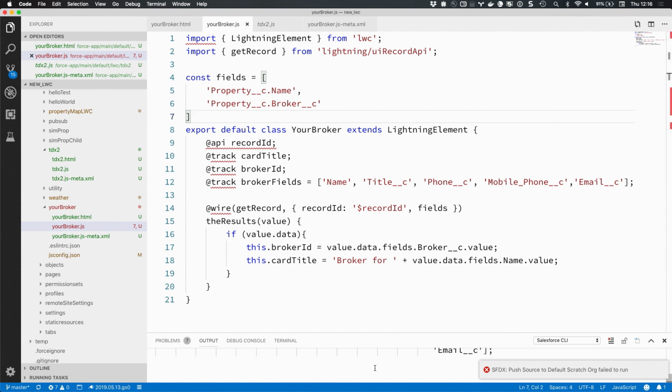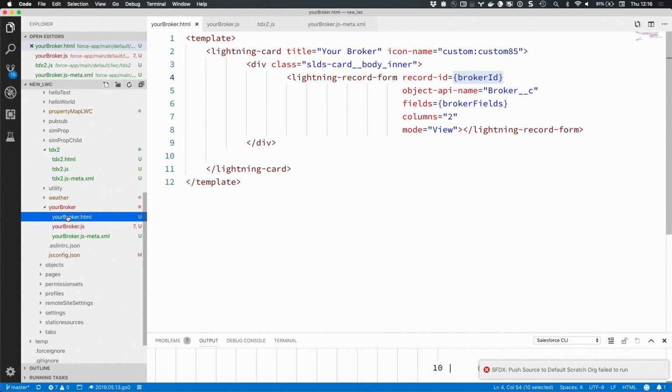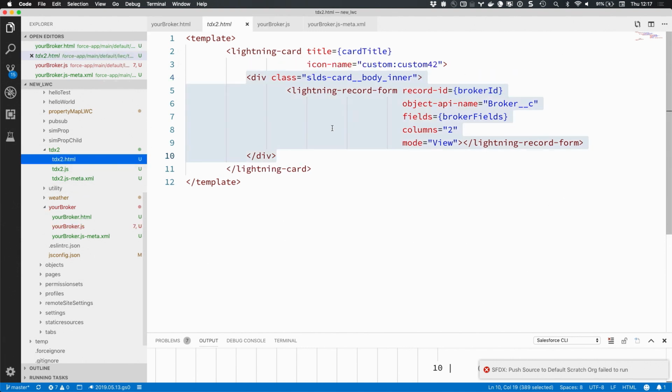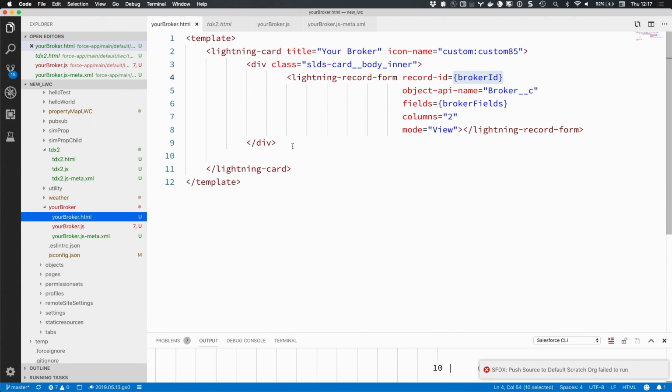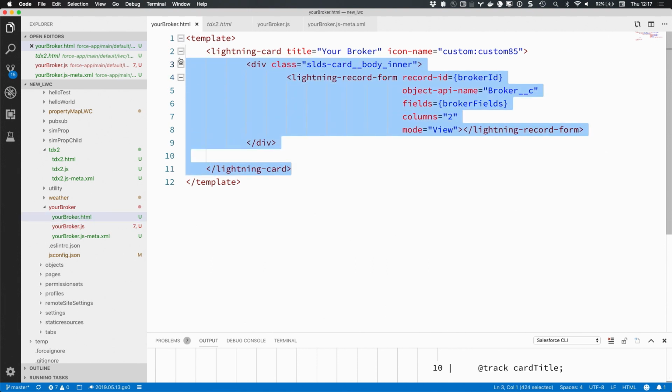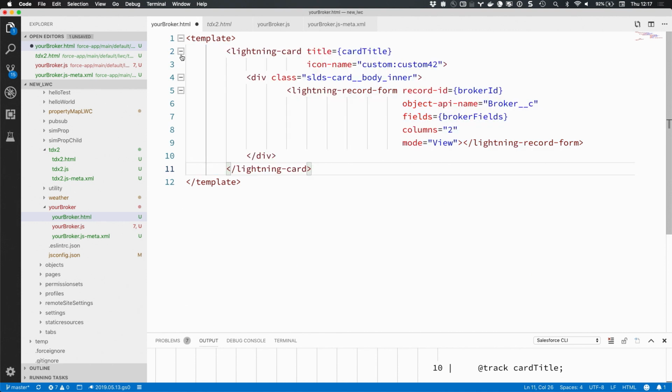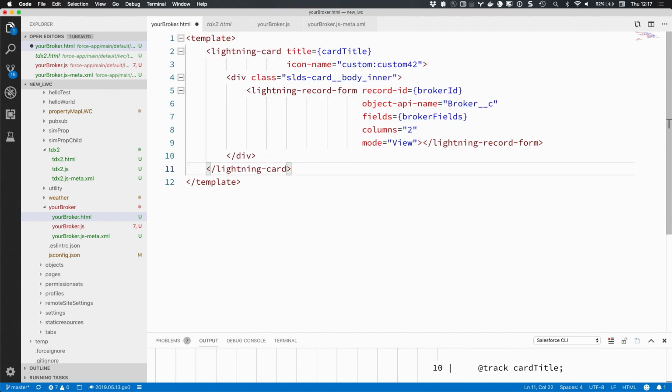Whoops, and I just did something back over here. Did I miss something? I missed something in my copying and pasting. Let's make sure that I've got everything right. Oh, there you go. Copy that. My fault. I had actually remembered that I was going to define something dynamic. So our card is no longer going to say your broker. Instead, it's going to tell me what the name of my broker is by looking up the address of the thing that I am currently on. And then,